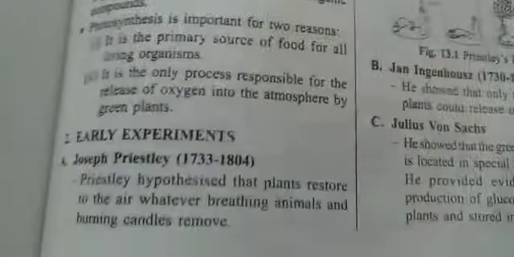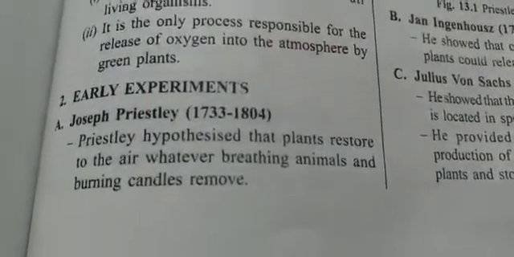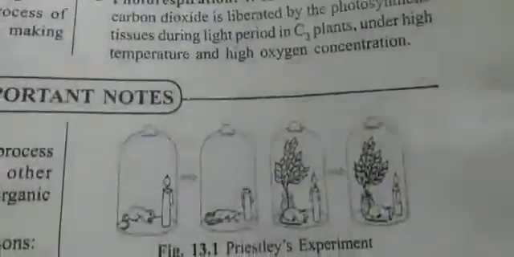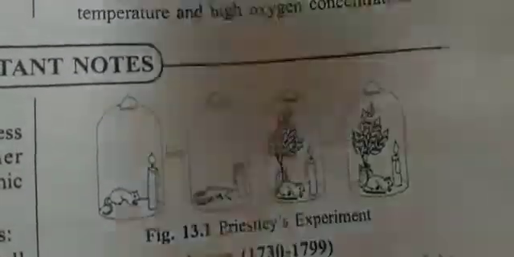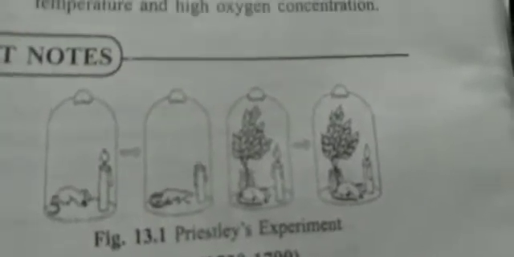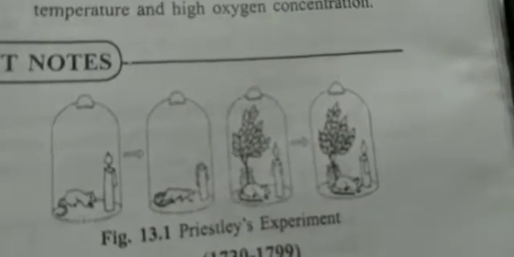Good morning, students. In the last video, we did the general experiments about the process of photosynthesis. I have discussed with you Joseph Priestley's experiment with the rat. In this experiment, he showed that plants restore whatever animals use. For example, when animals use oxygen from the air, that oxygen is given back by the plant. So this is shown by this activity.